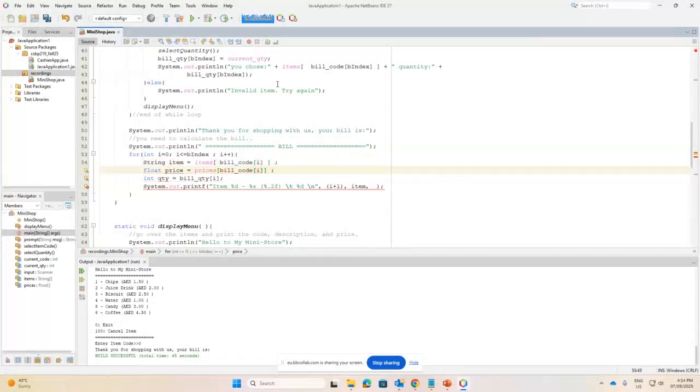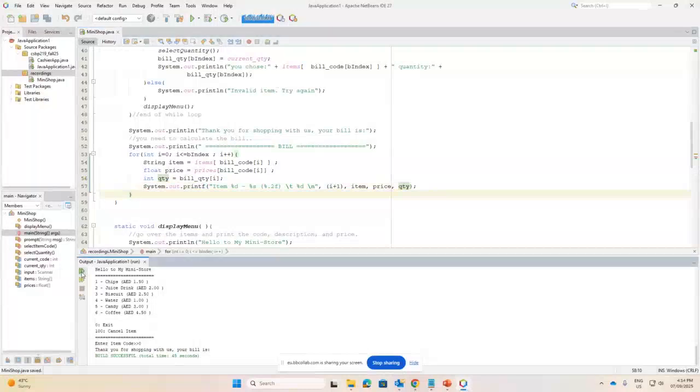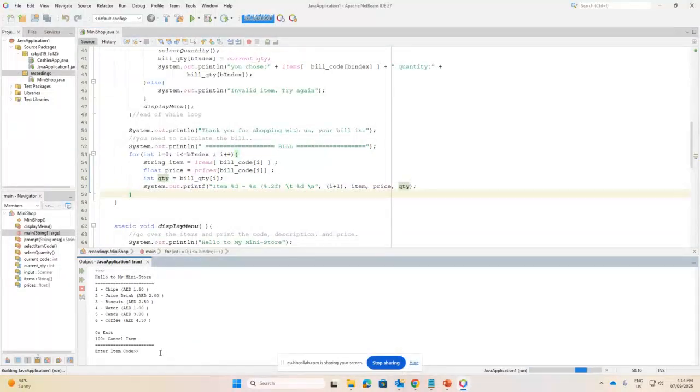Okay, remember the semicolon. After the item you see the price, and at the end you will put the quantity, and let's see how it goes. Okay, so here I am trying to define variables for each item. So let's say I want 3 chips, okay, and I want 1 water